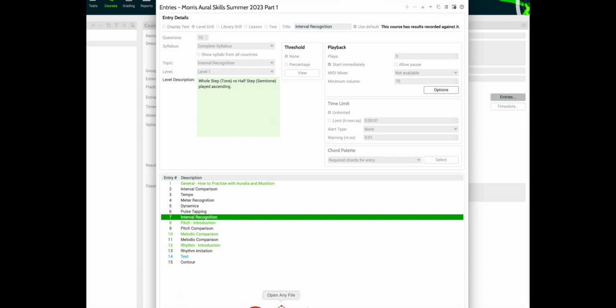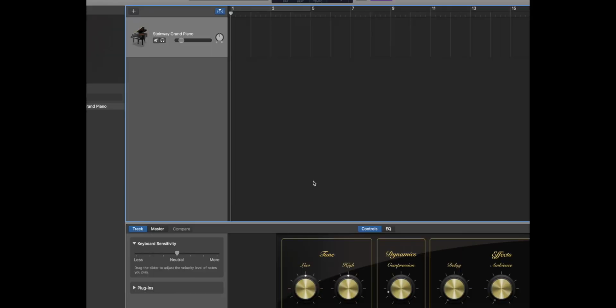Let me see if I can get this keyboard up here. It went a little soft on me. There it is. Okay, so a half step sounds like this. I don't know why that keeps turning down. There's a half step. Right there, and a whole step right here. Now a half step,